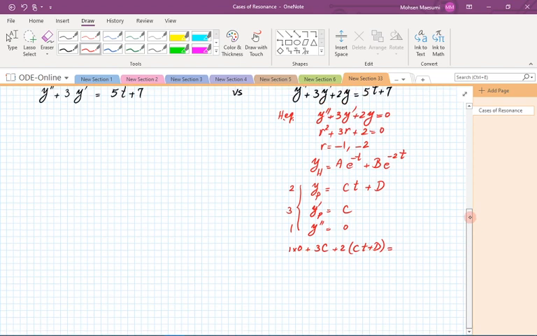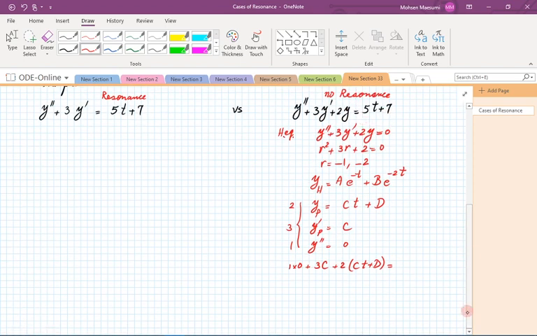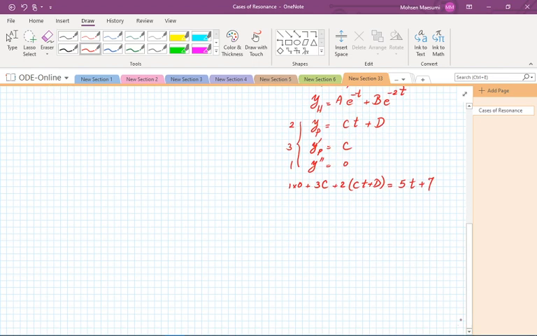This is supposed to reproduce 5t plus 7. We see that this is quite possible. Simply we have to find what c and d are going to fit the mold. So I have here 2ct plus 2d plus 3c. That is what has to be 5t plus 7. So 2c has to be 5, and 2d plus 3c has to be 7, which you go ahead and solve,